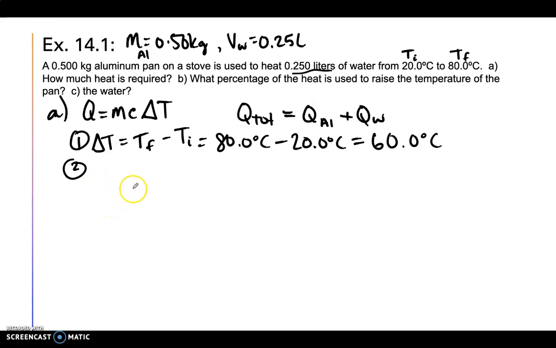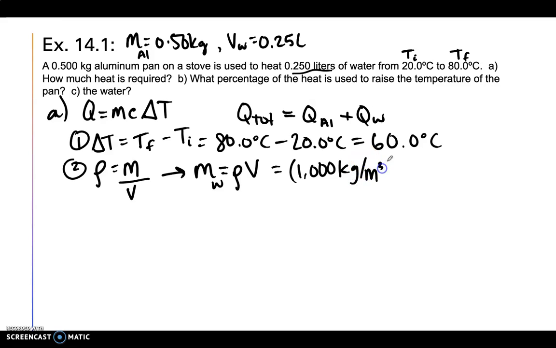Okay, so that's my first step. My second step is going to be determining my mass of the water. So remember, in this problem, we were given the mass of the aluminum, but the volume of the water. So we need to figure out how to relate this back to mass. Remember that density equals mass divided by volume. So this is how we are going to relate it back. Let's rearrange this equation to solve for mass. So mass now equals density times volume. If we want to find the mass of the water, we'll take our density of water, which is 1,000 kilograms per meter cubed. And then we have our volume, which is